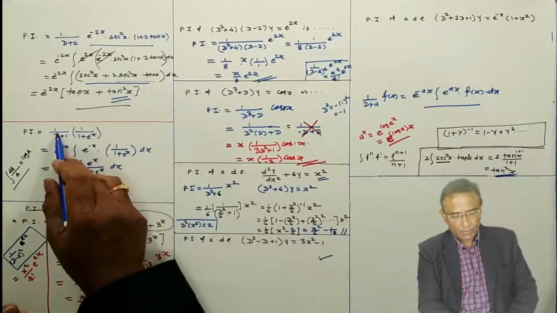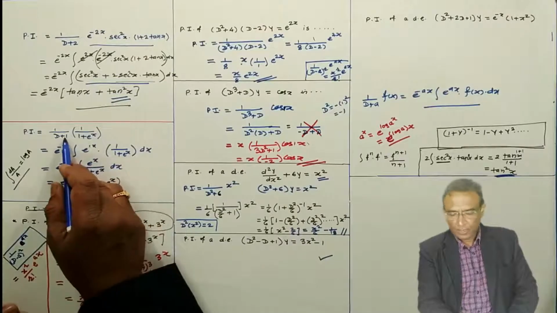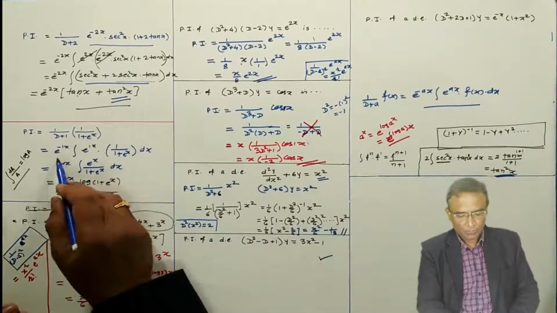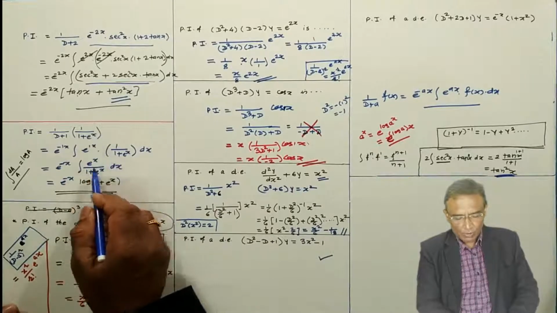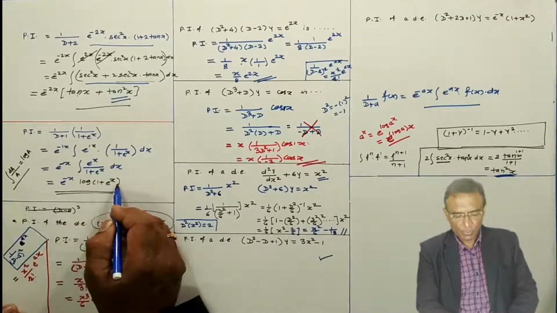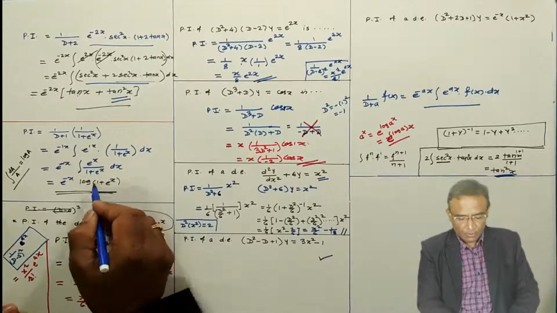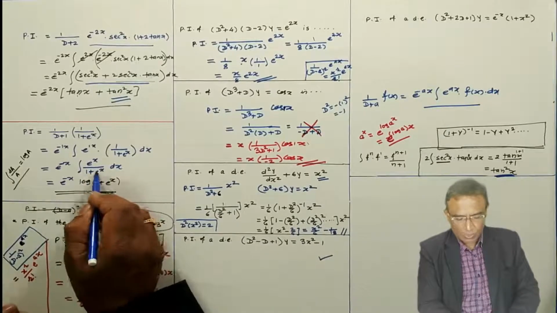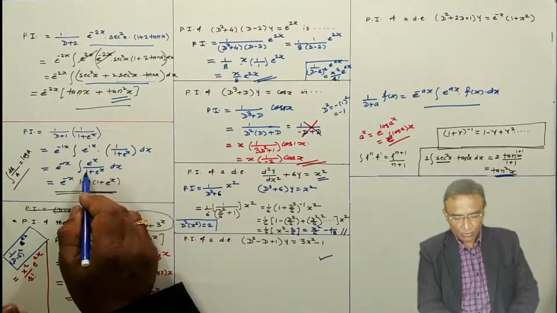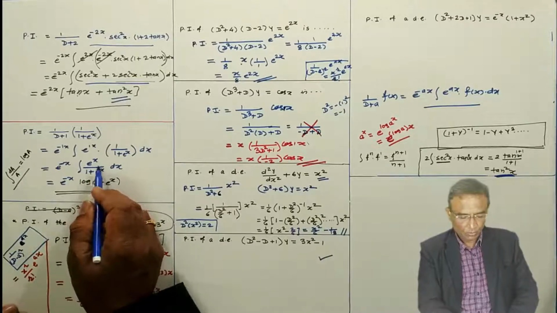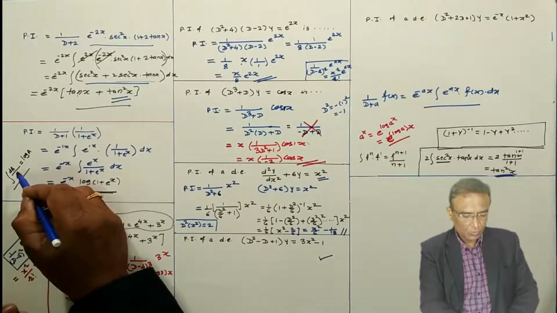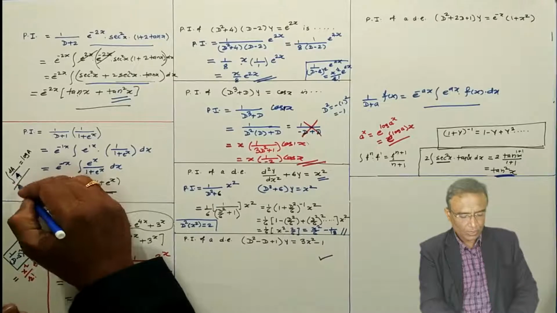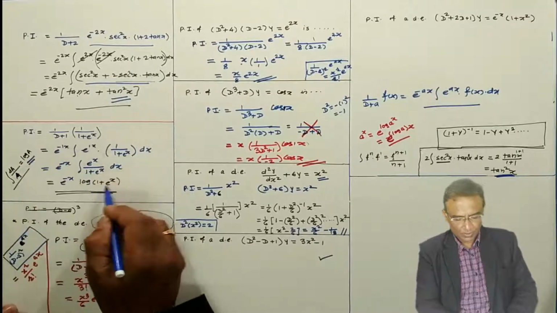Next problem, particular integral of this function. Again use this formula, this I am using, and integration of e raised to power x by 1 plus e to the power x is what? Log of 1 plus e to the power x. What is the reason? Because derivative of denominator is present in the numerator. Derivative of 1 plus e to the power x is what? Derivative of 1 is 0 and derivative of e to the power x is e to the power x. Means this formula: if derivative of denominator is present in the numerator, then the total integration is what? Log of denominator, like this.